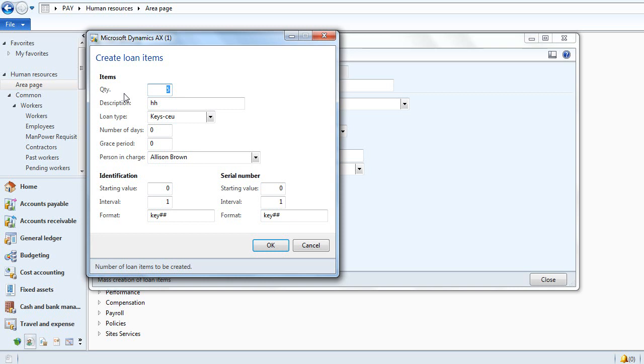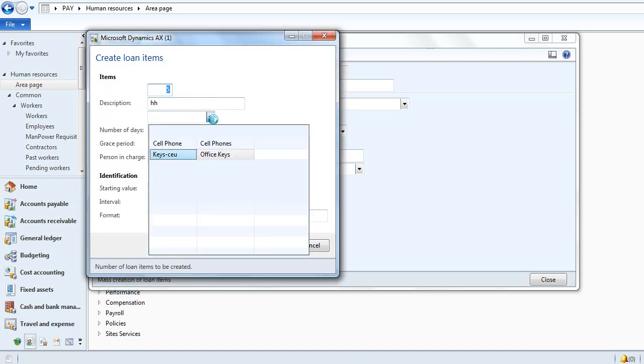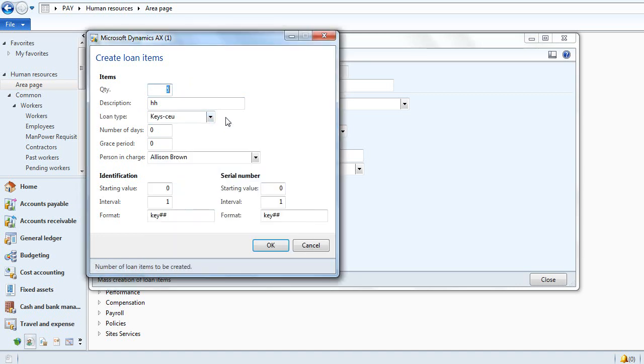Quantity is the number of items. Description is the descriptive name for the item. Type of loan, whether keys, laptops, mobile. Number of days, grace period, person in charge.